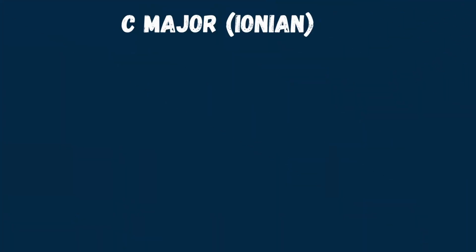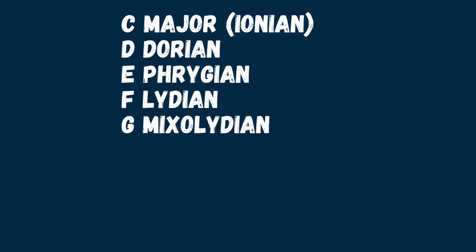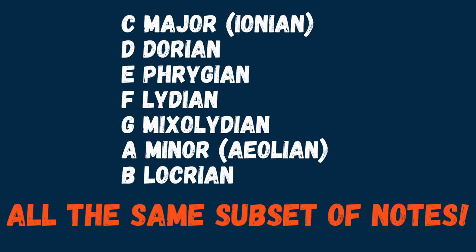And this gets me to the main point of this video, which is that we tend to overemphasize the importance of the subset of notes and way underemphasize the importance of the tonic. Just for frame of reference, if we take C major, D Dorian, E Phrygian, F Lydian, G Mixolydian, A minor, or otherwise known as A Aeolian, and then B Locrian, all of those, which have radically different sounds,